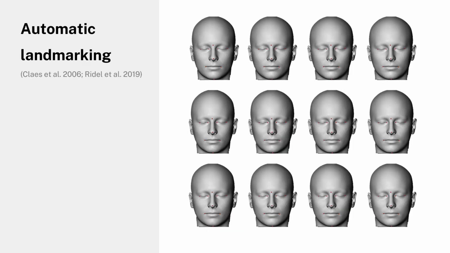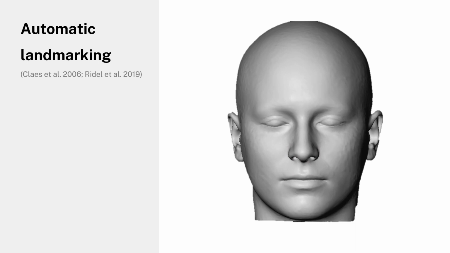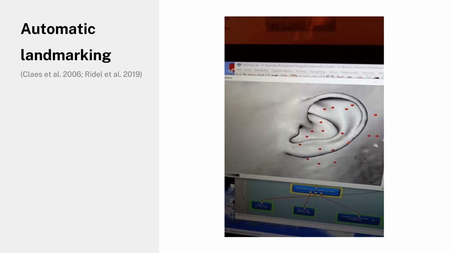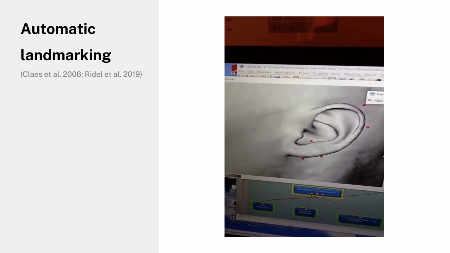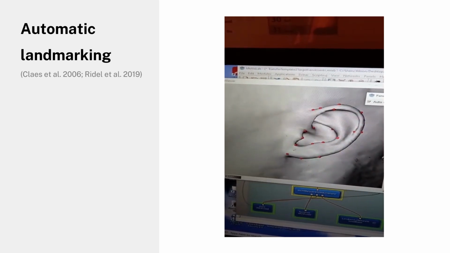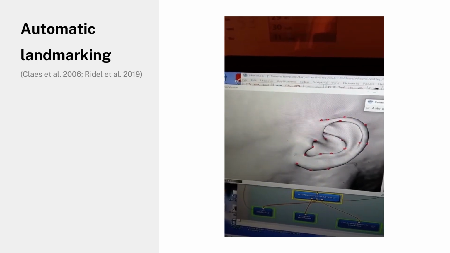The automatic landmarking procedure used for this study was first suggested by Claes and colleagues in 2006 and recently tested and published by Riedel and colleagues in 2019. A reference template can be generated in a procedure similar to generalized Procrustes superimposition that warps every individual surface to a single template. For the automatic landmarking procedure, the landmarks for each matrix were only placed on the previously generated template, and then the MeVisLab module can automatically project the landmarks onto every other surface in the sample with the simple click of a button.